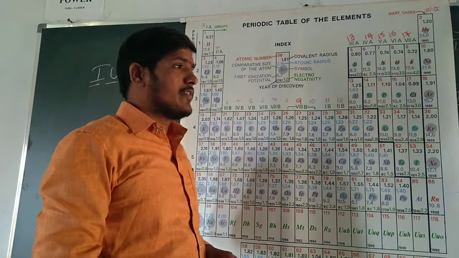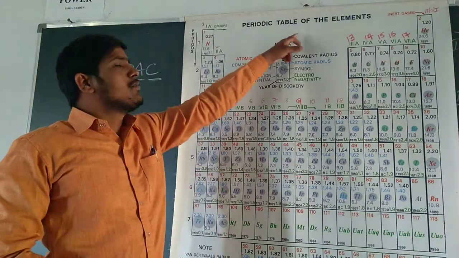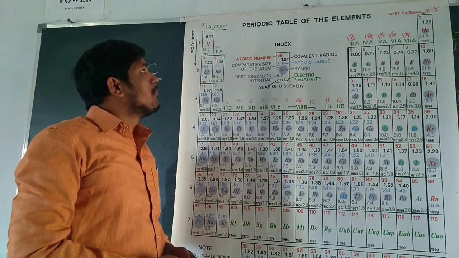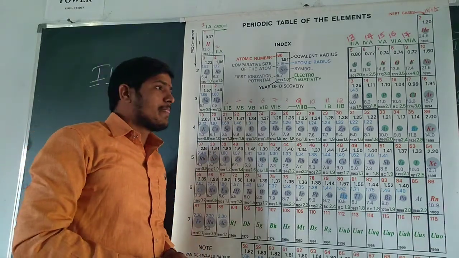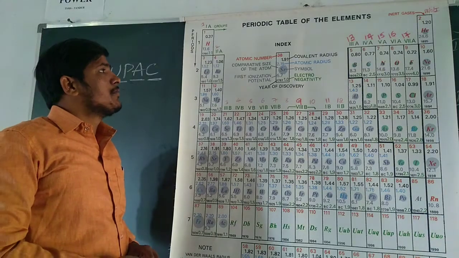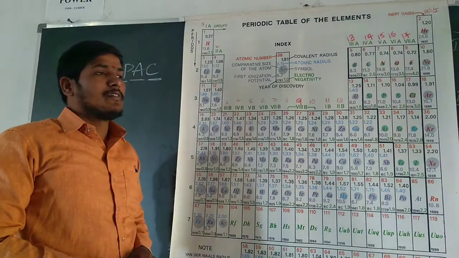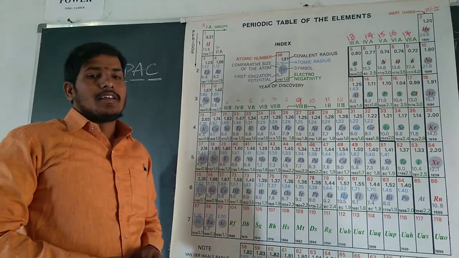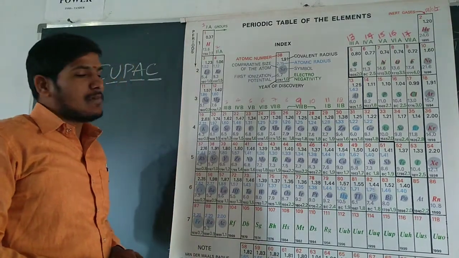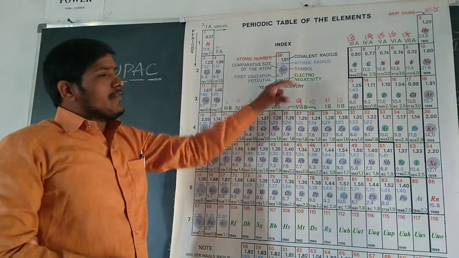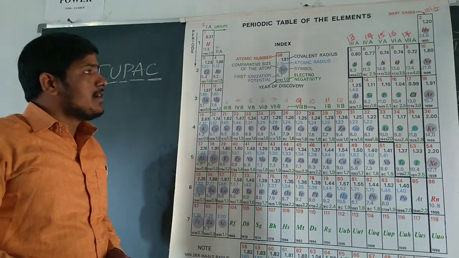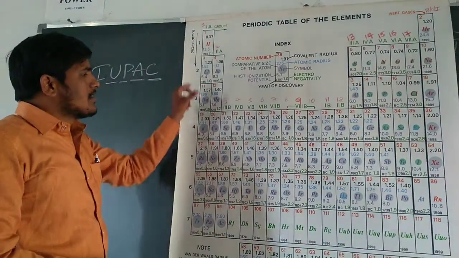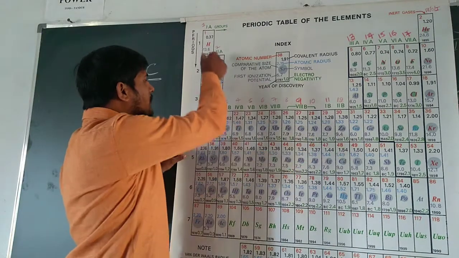Hello students, now we are going to discuss the periodic table of the elements, or the present form of the periodic table. Numerous forms of the periodic table were devised from time to time. Some of them stress the electronic configuration and some others stress the valency and chemical reactivity of the elements. First, elements are arranged in horizontal rows and vertical columns.